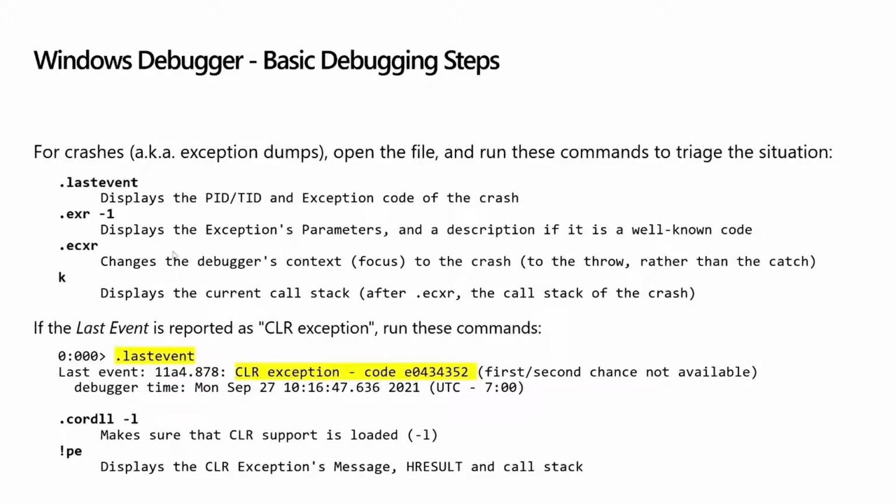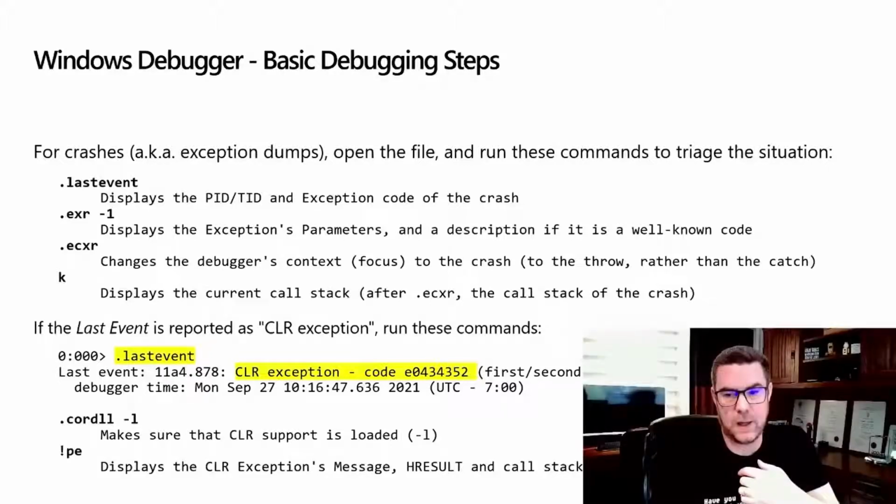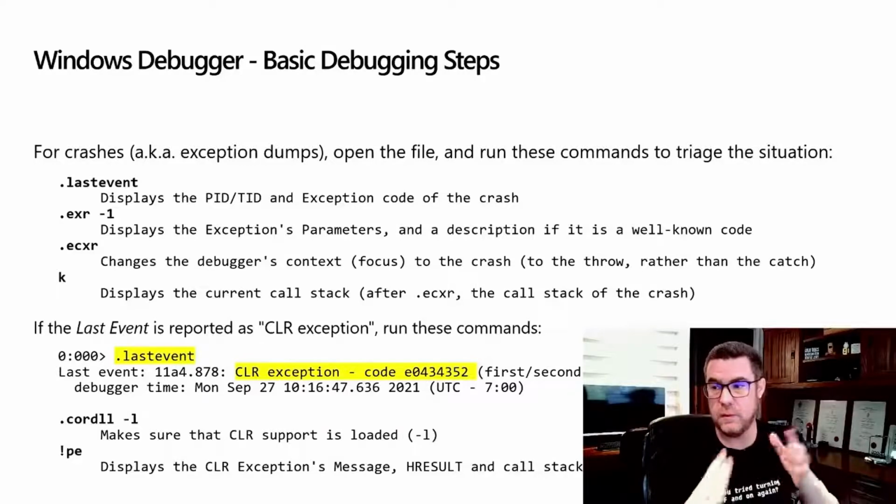.ecxr, exception context record, is the next step. The -1 in the earlier command tells it to read the exception parameters out of metadata, i.e. out of the dump, rather than out of memory. What it's going to do is give you an extra level of detail about the parameters and the reason for the issue. .ecxr will change the default focus of the debugger to the throw.